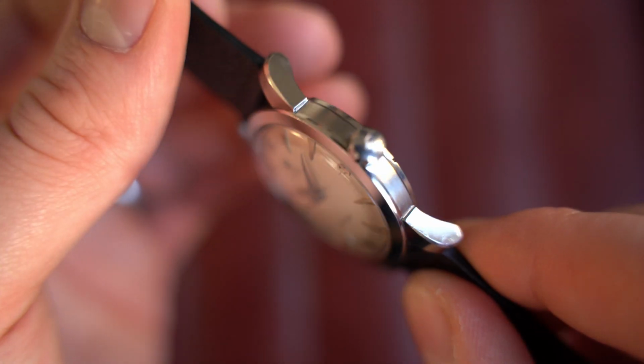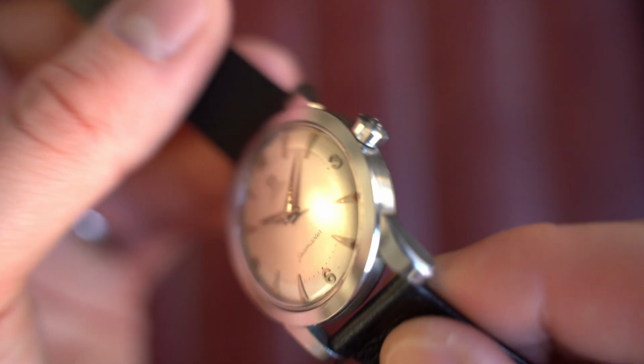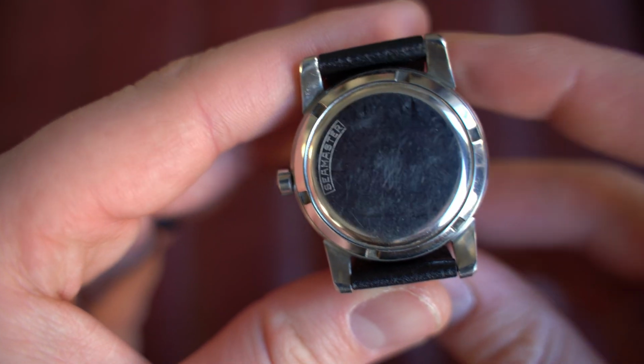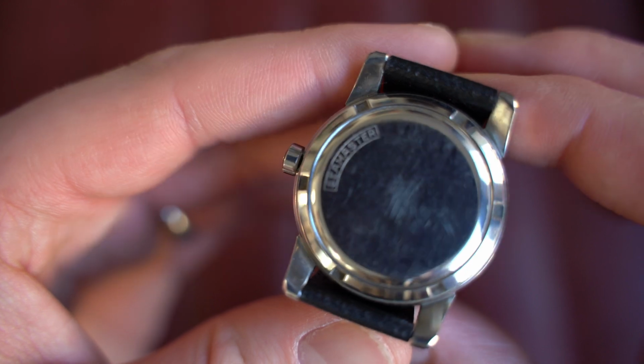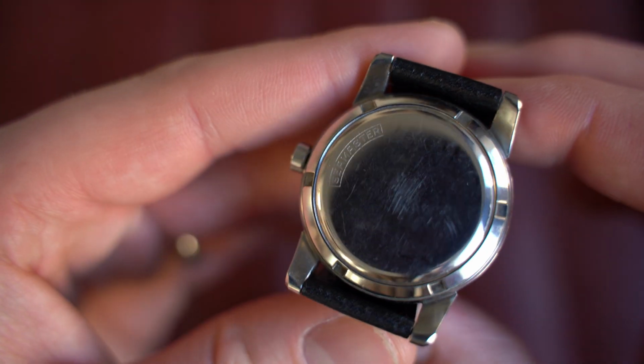You've got your iconic Omega crown right there, which is the correct one with all those beautiful angles. As we flip it around, you're presented with the screw-down case back with Seamaster, as clear as I've ever seen it on one of these. I mean, it's amazing, impeccable. So this is the reference